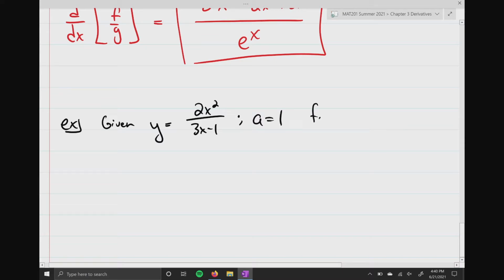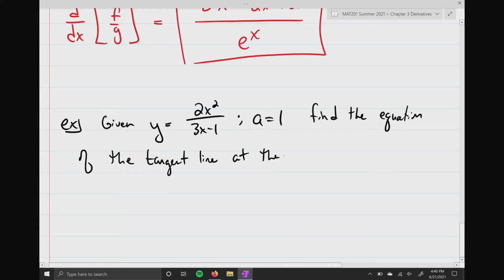Let's find the equation of the tangent line at the specific